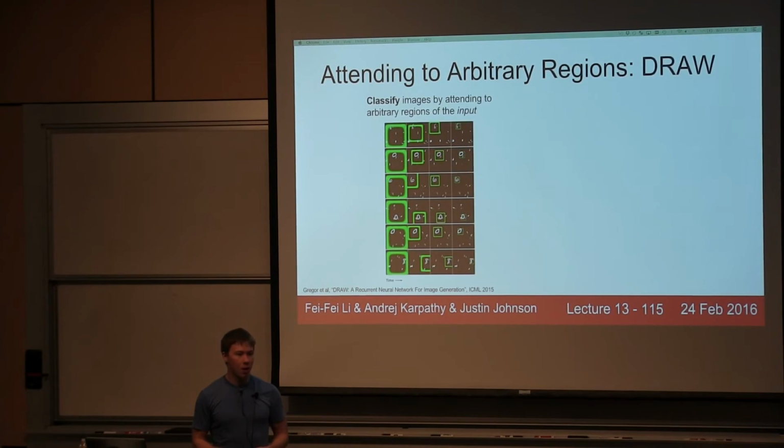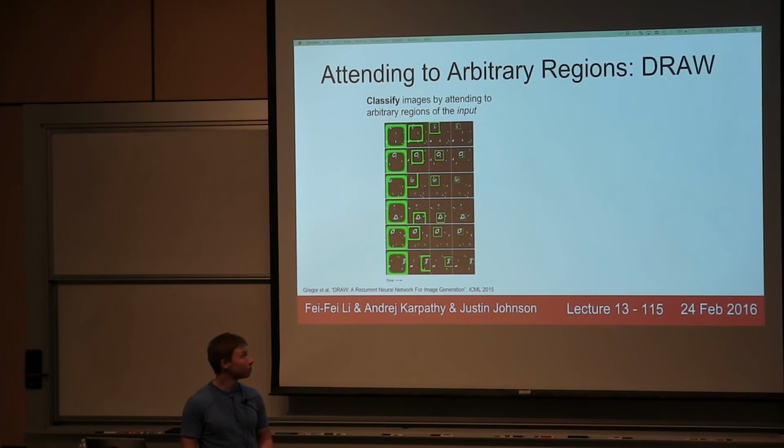Another paper that we saw already is Draw, that sort of takes this idea of arbitrary attention and then extends it to a couple more real-world problems, not just handwriting generation. So one task they consider is image classification. Here, we want to classify these digits. But in the process of classifying, we're actually going to attend to arbitrary regions of the input image in order to help with this classification task. So this is kind of cool. It sort of learns on its own that it needs to attend to these digits in order to help with